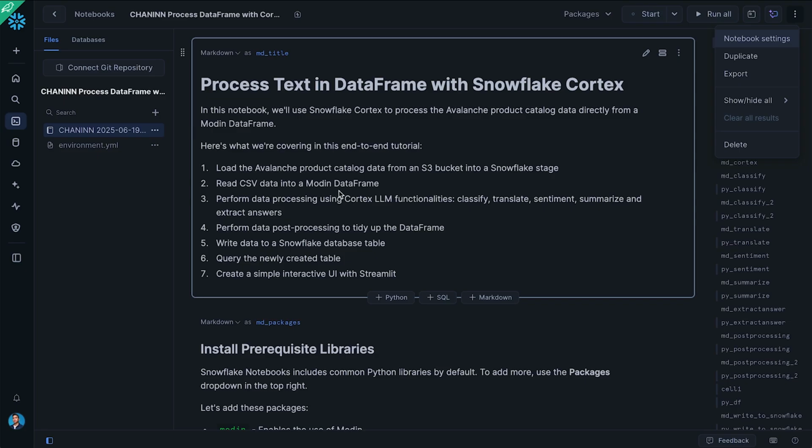Then we're going to perform some data processing using Snowflake Cortex, particularly the pre-built or built-in LLM functionalities, which includes classify, translate, sentiment, summarize, and also answer extraction. Once we have done that, we're going to perform some data processing to tidy up the data frame. Afterwards, when all of the data is all prepped and clean, we're going to write it into a Snowflake database